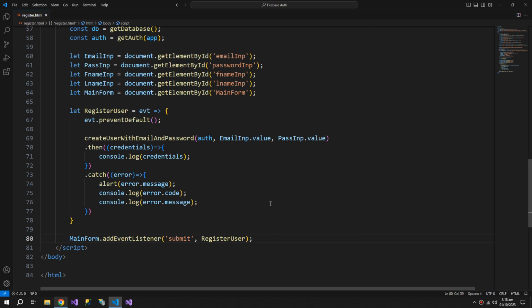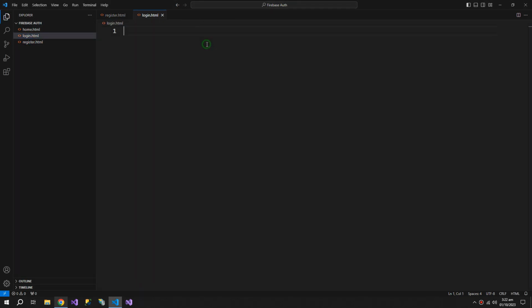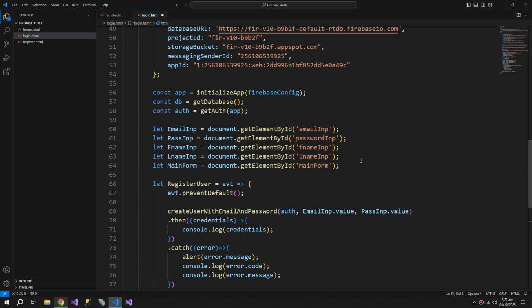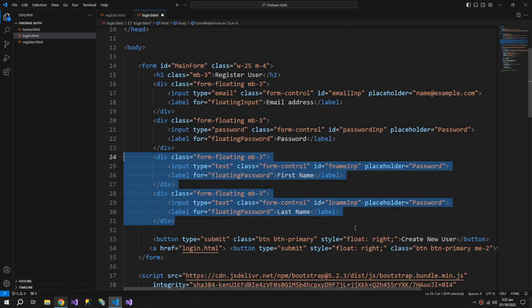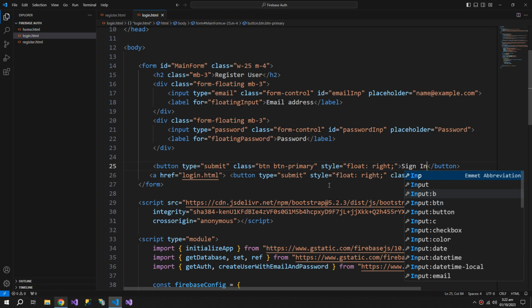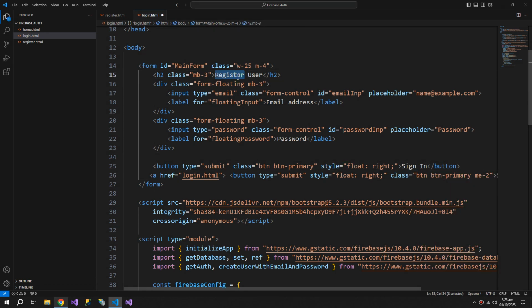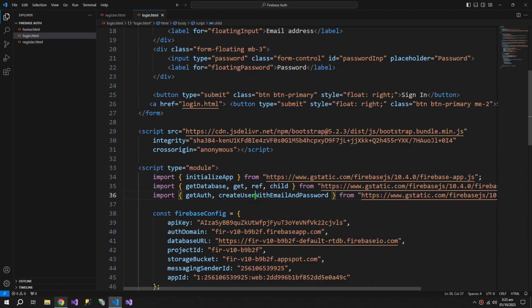Now let's create the login page. So I will copy all of this and paste it here. We will have no first name and last name here. So remove all of this and let's change this to sign in or logged in, whatever, same thing. This would be sign in user, and the create user will be changed into sign in with email and password,